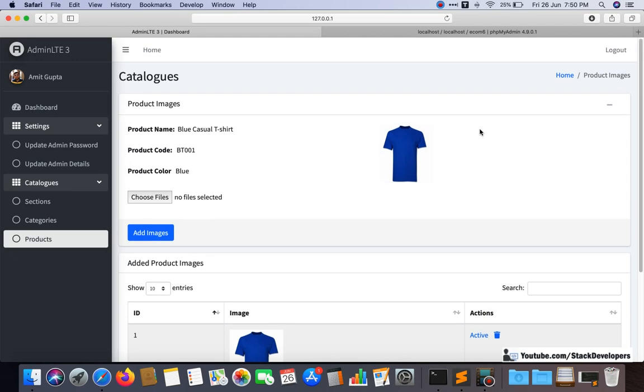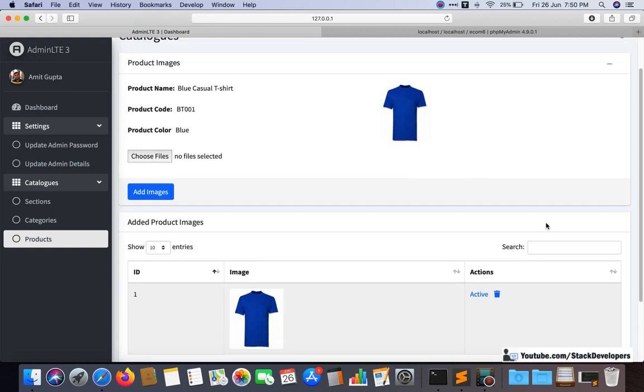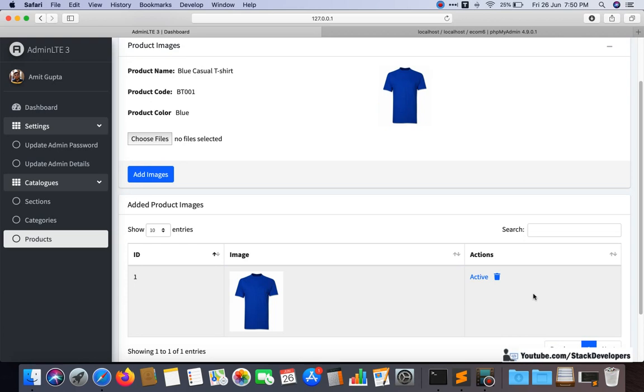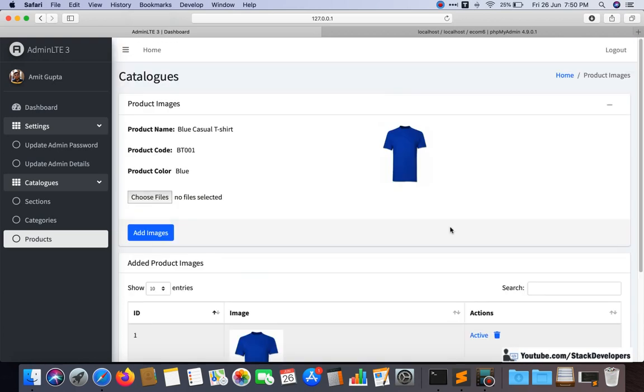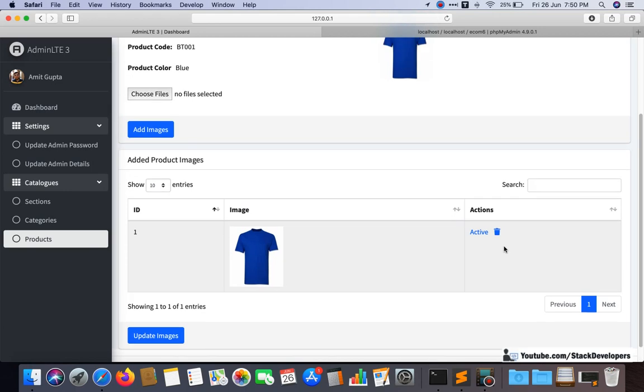So we are going to continue working on the product images module. In the last video we were able to make the page for the product images, and you can see that the image is also coming here that we added from seeding, and we created the table with the help of migration in the last few videos. Now in this video we are going to add multiple images, and they will come up here, and we are also going to work on the delete and disable feature for our product.